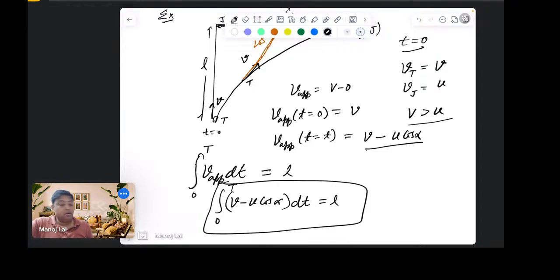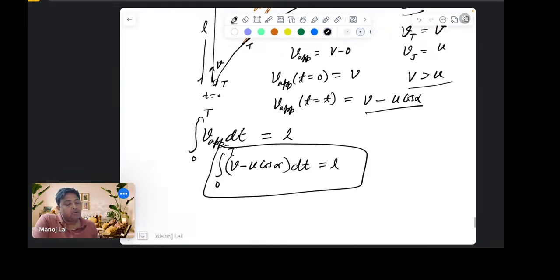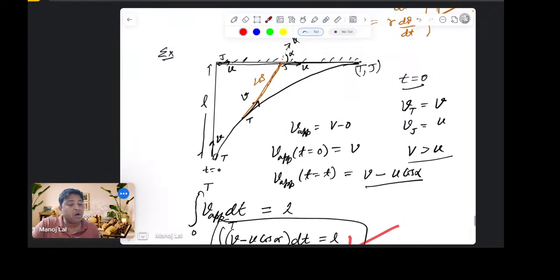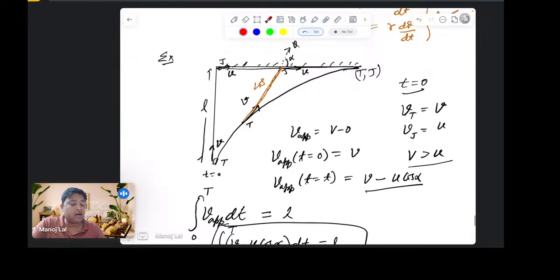All right. Now, how you will integrate it? Because here time is variable, alpha is changing, v and u are constant, so we cannot able to integrate. So here we have जैसे वेलोसिटी अप्रोच से तो हमने ये इक्वेशन बना लिया, लेकिन हमें एक इक्वेशन और चाहिए जिससे कि हम cos अल्फा को एलिमिनेट कर पाए। और उसके लिए जो बेस्ट पॉसिबल तरीका है वो तो कैनमेटिक्स